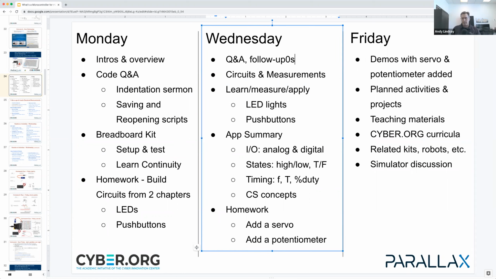Okay, so today we'll talk questions and answers first, and also some follow-ups. And after that, we'll talk about circuits and measurements. That could be a 4-hour session on its own, so I will just try to show you a few of the highlights. After that,